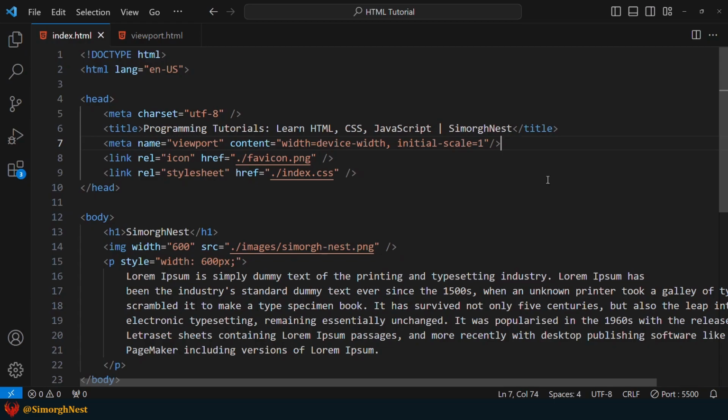Okay, the viewport meta tag itself doesn't directly affect our website's ranking. However, it does improve the user experience, which can indirectly impact our ranking in Google Search Engine Results page, or SERP. One of the main reasons for this is Google's focus on mobile-first indexing.